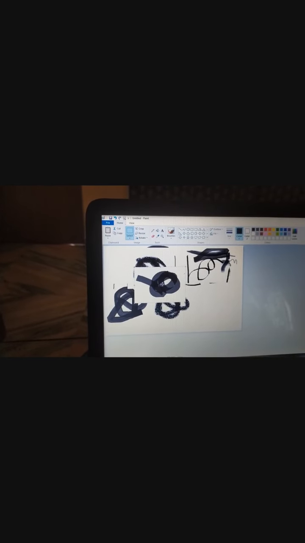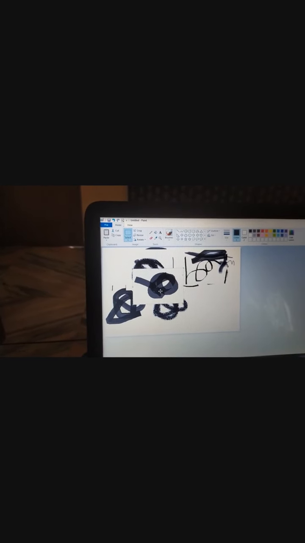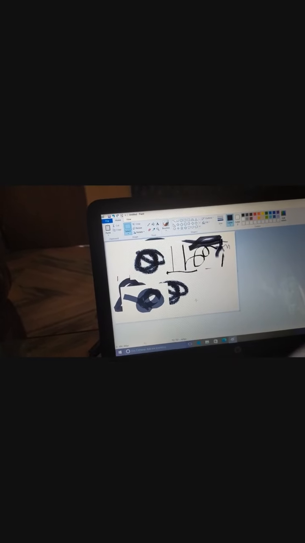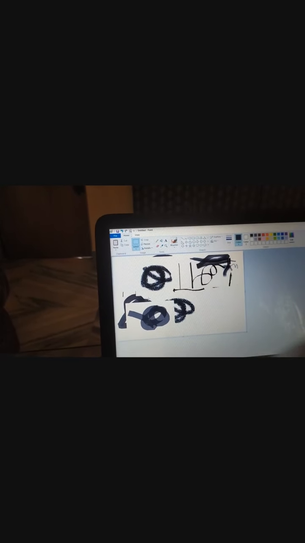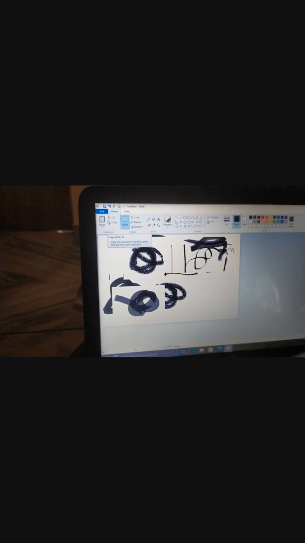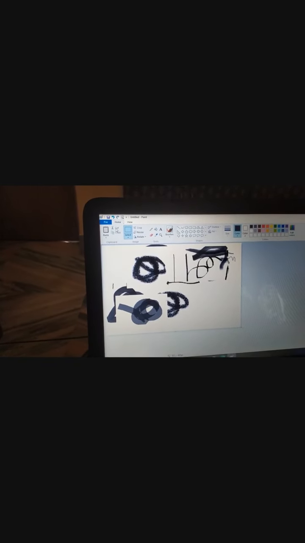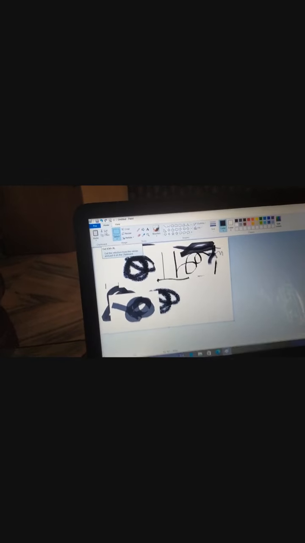We can change the position and paste it. So this is how the cut, copy, paste option is working from the clipboard group. And using the keyboard, you can also use the keyboard shortcut for cut, copy and paste command.